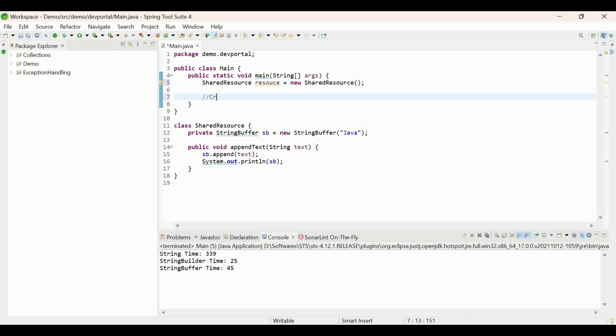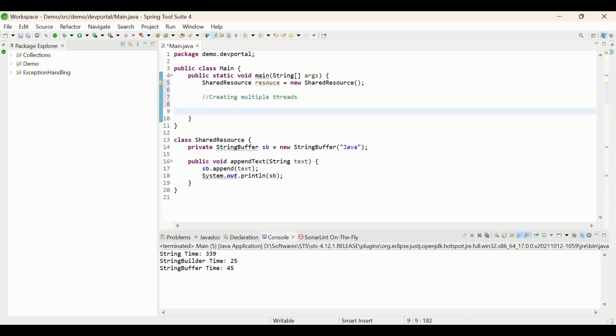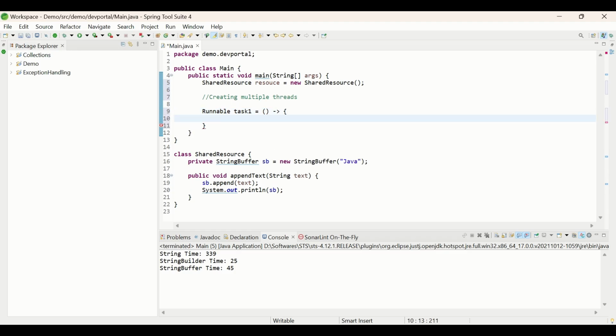So first let me add a comment, creating multiple threads. So first one is thread 1, so let me use the Runnable class here, that is my task 1, suppose let me give. And let me use a lambda first,